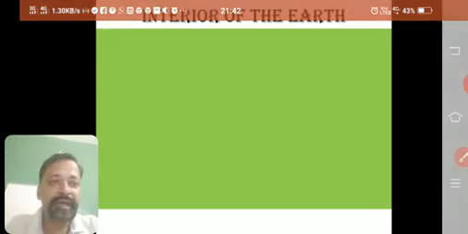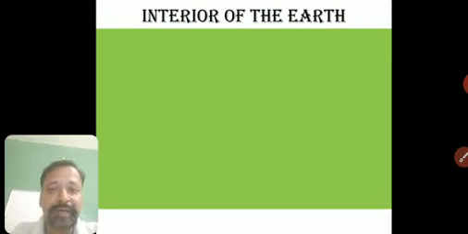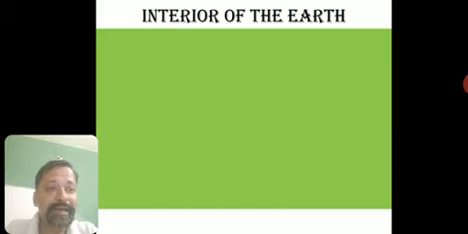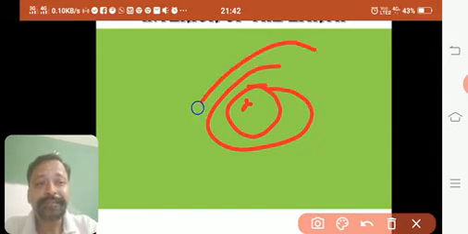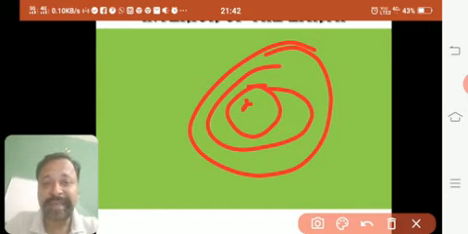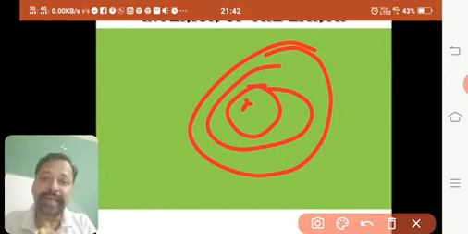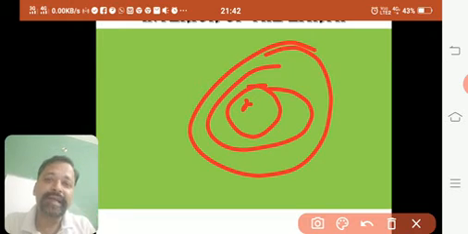So first, when you talk about the interior of the Earth, try to understand that the Earth has different layers. Now this picture also seems like an onion. Like an onion has different layers, Earth also has different layers. For you to understand, we'll see four layers, which is fine for 7th standard. When you go to your higher classes, you will see more layers of this. Okay, so going ahead, let us start.